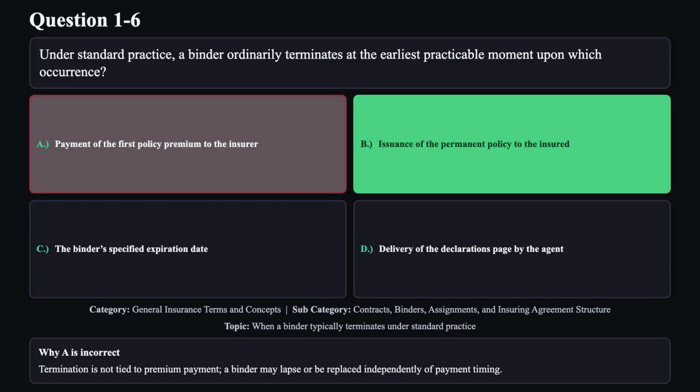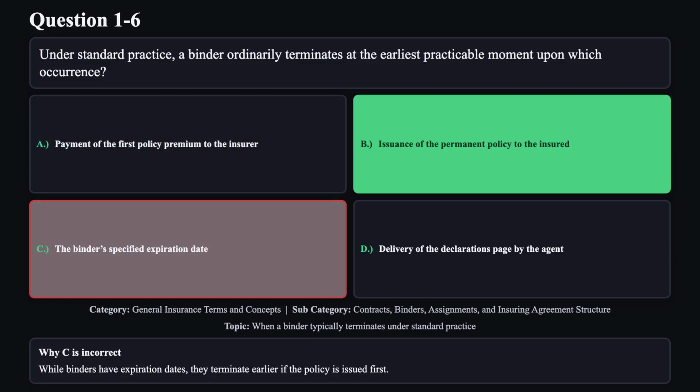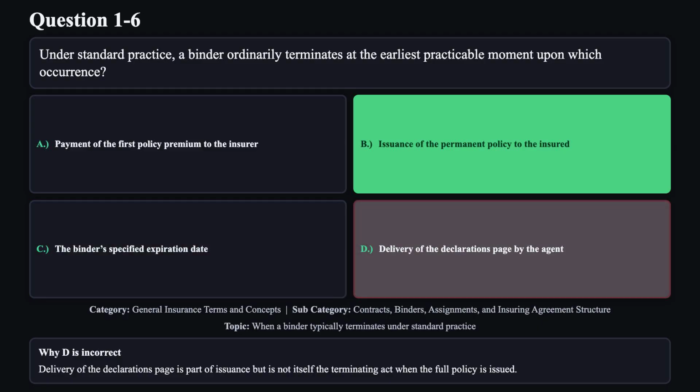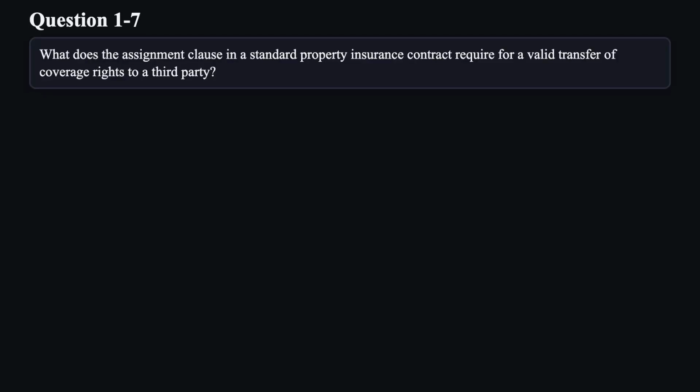Termination is not tied to premium payment. A binder may lapse or be replaced independently of payment timing. Reason C is not correct. While binders have expiration dates, they terminate earlier if the policy is issued first. Reason D is not correct. Delivery of the declarations page is part of issuance but is not itself the terminating act when the full policy is issued. Question 7. What does the assignment clause in a standard property insurance contract require for a valid transfer